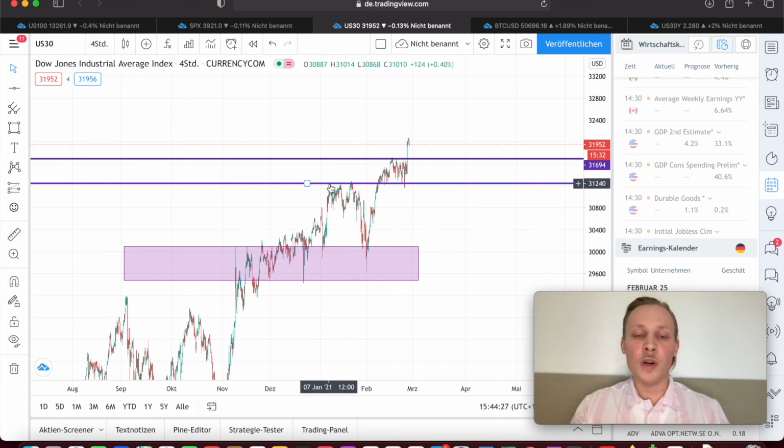But this was once a resistance area. We got rejected once, twice, three times we got rejected. Finally, we broke through, got a retest, and we bounced back and forth in that area. Now we broke through. It would be good to see if we get a retest, and then maybe if the retest confirms the trend, you could trade it. But here also it is a very difficult market to trade, and the risk reward ratio isn't that good. So please keep that in mind.